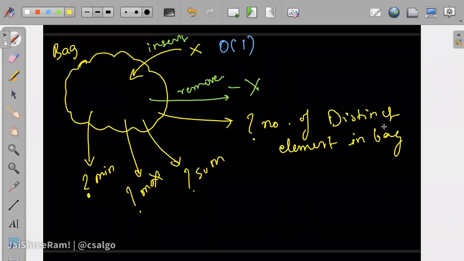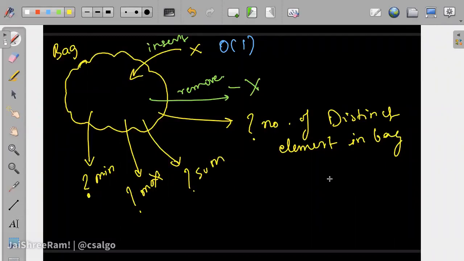Set dot size, okay. Now I think everybody is saying map. Set, yes. You can maintain a separate set for distinct elements, but you will have to check whether something is present multiple times before deleting it from the set, because you have this remove element, right? So if you keep a set, you will also have to check whether there is more than one copy present or exactly one. Then only you will remove it from the set, right? So set is not exactly efficient in this particular problem. Map is the correct way to go. So we will look at how we can do it using map.